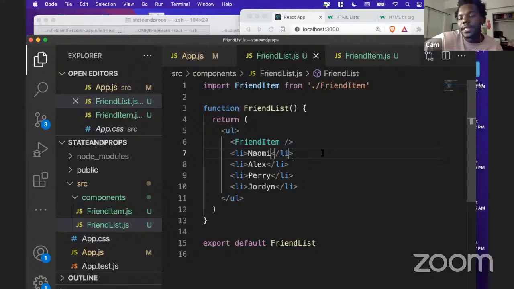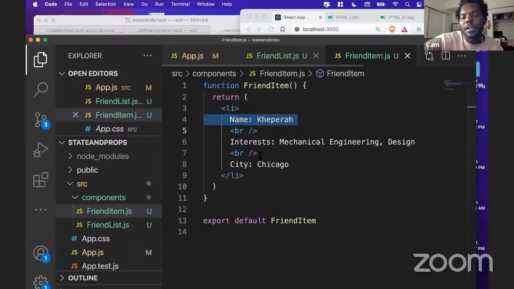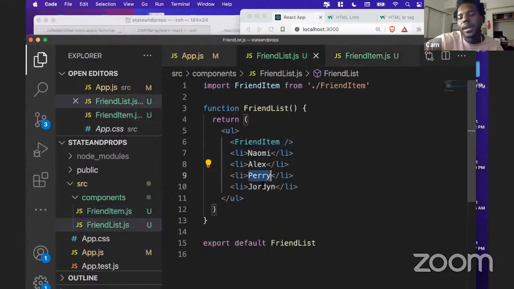And that's another use case for where components are really helpful: I've got this repetitive kind of thing going on here, and maybe I want to just make one component that will represent this thing. Then instead of having these separate elements, I can use one component and change a specific parameter about it. So it knows, instead of this friend being named Capera, maybe I have another friend item for Naomi, and another one for Alex or Perry and Jordan, right? And this is exactly where we can start thinking about